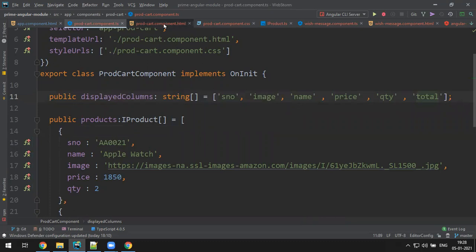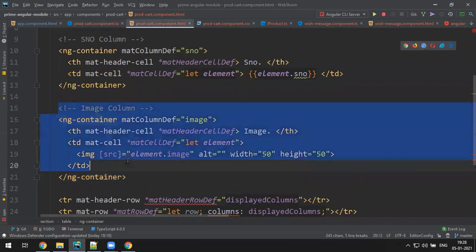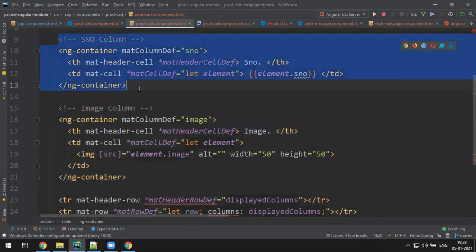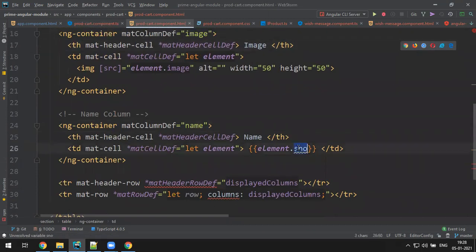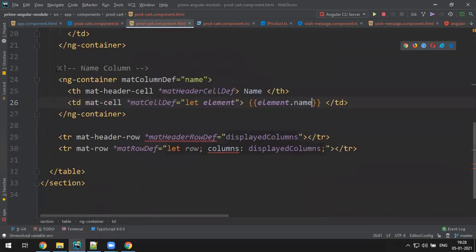Okay, so back to HTML. This is image. Grab this image column. This is the name column. This is name. This is name. No dot. No dot. This is name. Okay. Next,